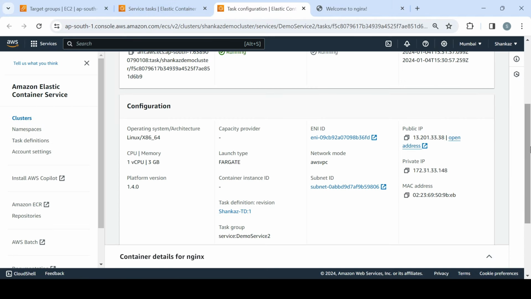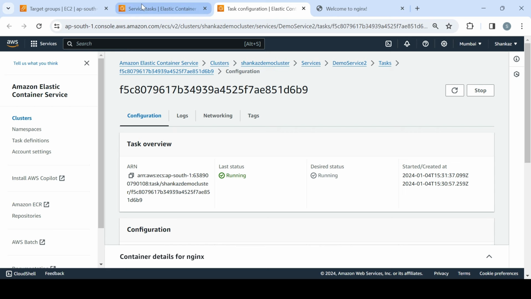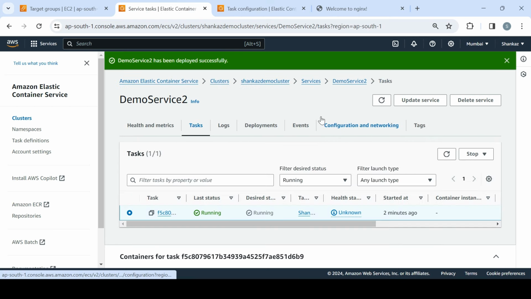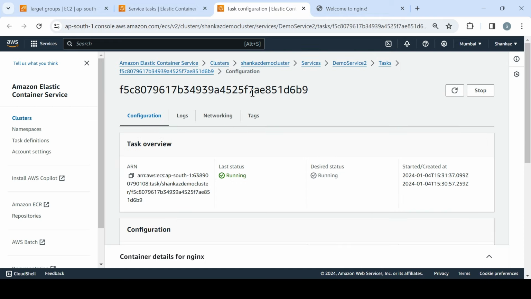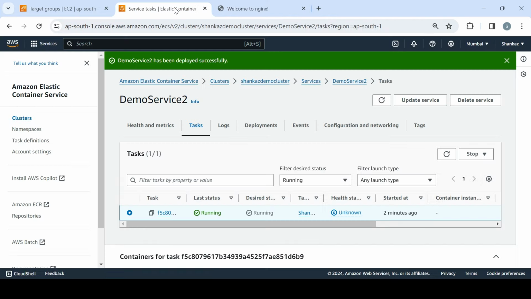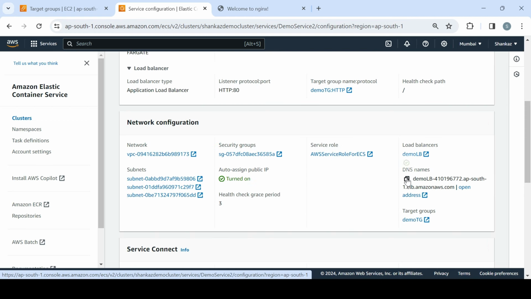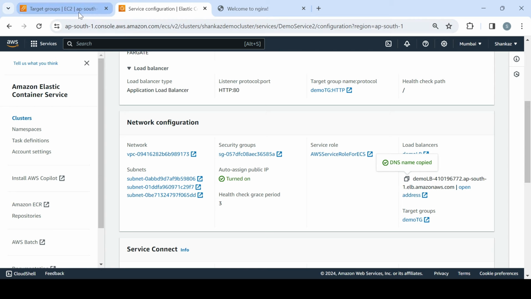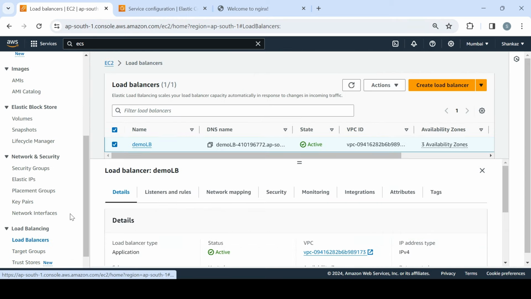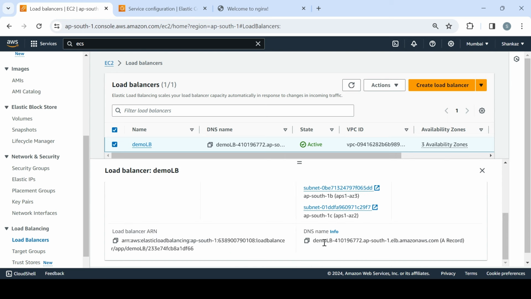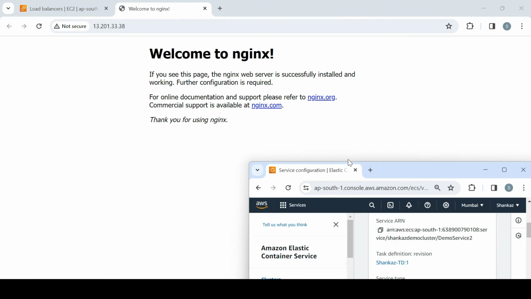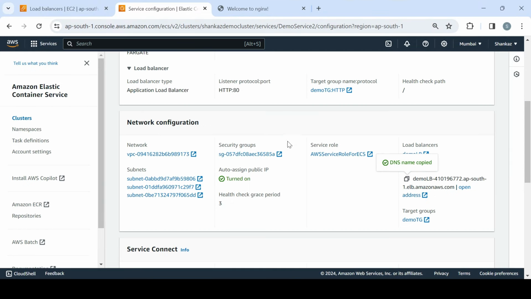However, the reason we have chosen a load balancer on top of it is the end user perspective, so let's verify that as well. This is the IP. Now, if I open this DNS name for the ALB, you can find the same in the load balancer section as well. If you go here and scroll down, this is the DNS name. It is the same as what we have here, right? Okay. Now, if I open this URL,